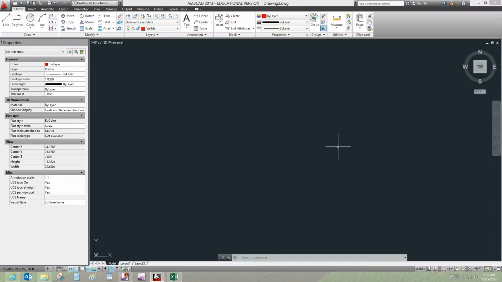In this video, I'm going to demonstrate how to draw a parabolic curve between 2 points, and there's some more details if you're actually going to use this in a drawing that I won't cover here, but I just want to go through the exercise of creating the parabolic curve